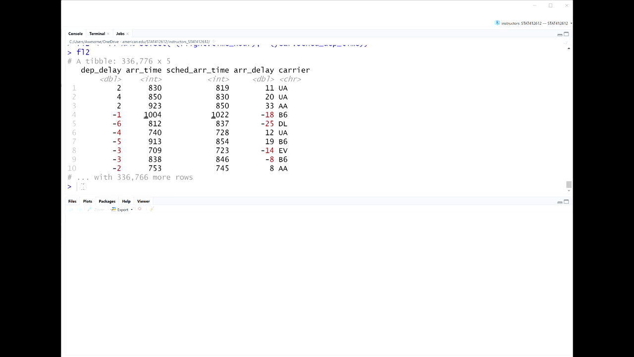Today we're going to talk about the verb filter. Filter is going to select rows that meet certain conditions. For instance, if I do here